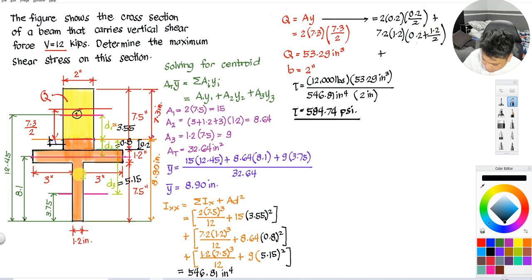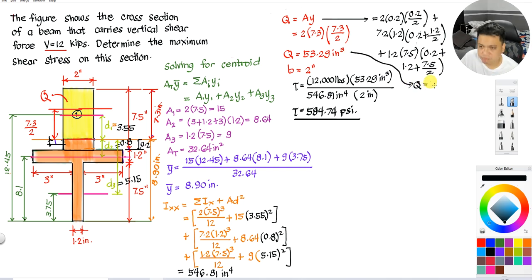Okay, and then plus yung third area, we can have it 1.2 by 7.5. Multiply it by 0.2 plus 1.2 plus 7.5 all over 2. Okay, so you should still get the same or equally the same. So, that's 53.30 if you are going to